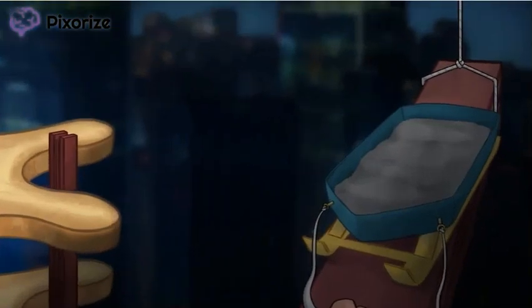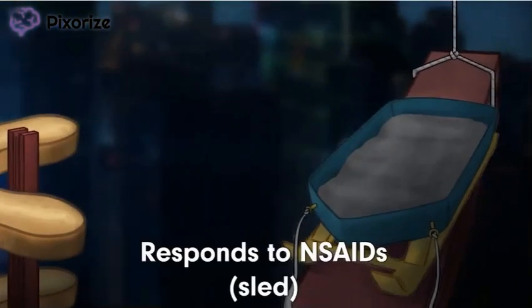Next, turn your attention to the sled I'm using to carry my cement mix. I'm using a sled because, well, there's no way I was getting a huge cement mixer on this beam. And if you've seen our previous videos, you would know that a sled is a recurring symbol for NSAIDs. It's the NSAID sled, or the NSLED. This is to help you remember that osteoid osteoma has pain that improves with NSAID use,